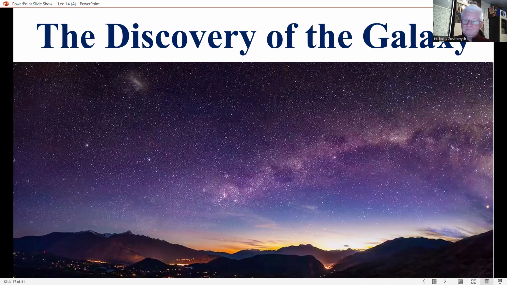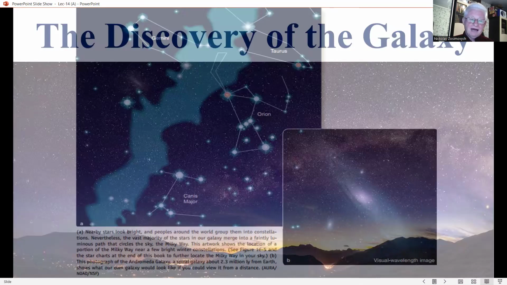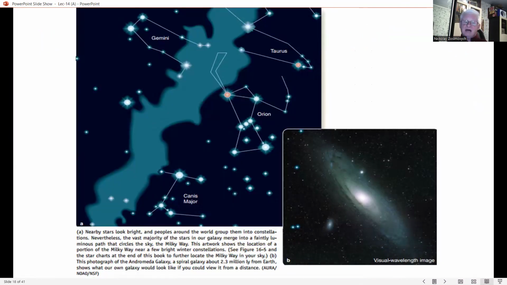You know, it seems odd to say that astronomers discovered something that is all around us, but it isn't obvious that we live in a galaxy. We are inside, and we see nearby stars scattered all over the sky, while the more distant clouds of stars in our galaxy make a faint band of light circling the sky, as you can see in figure A on the left part of this slide.